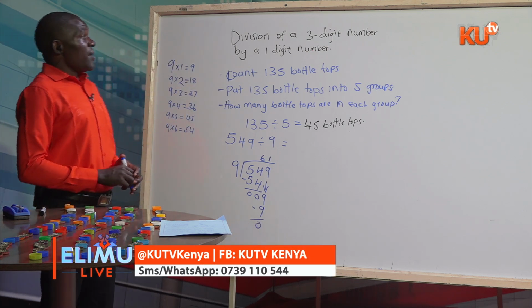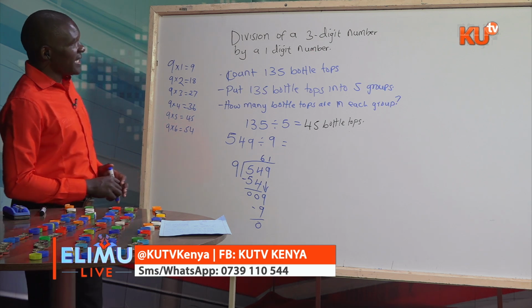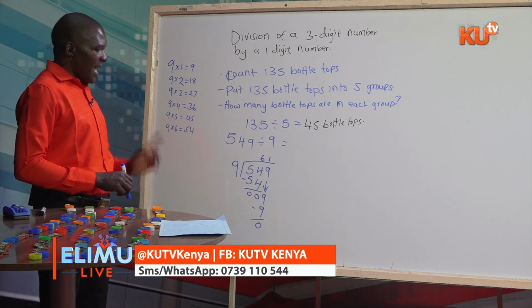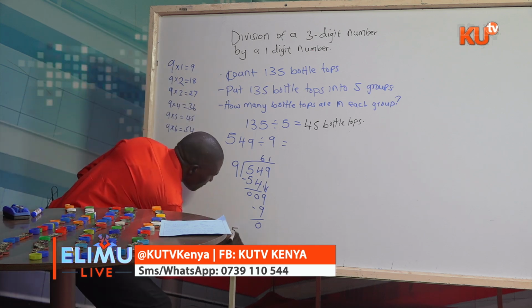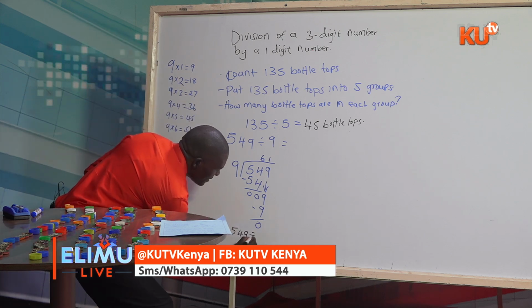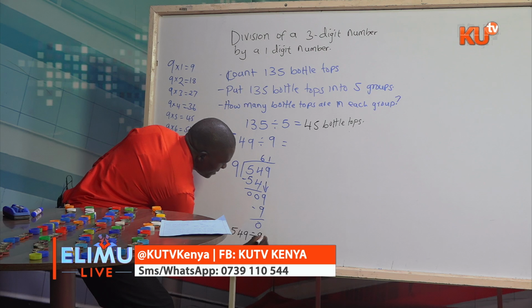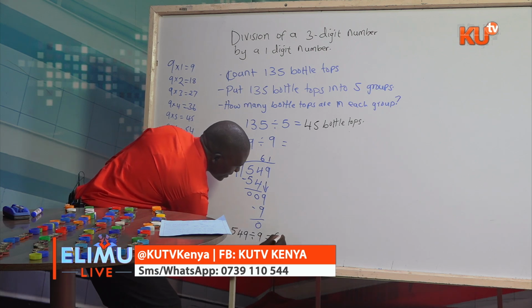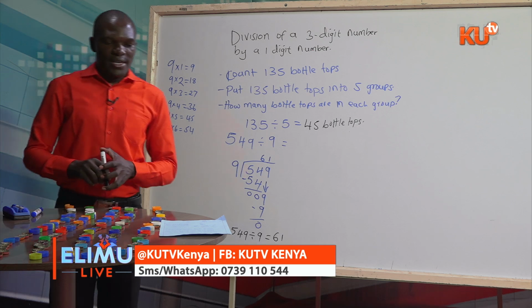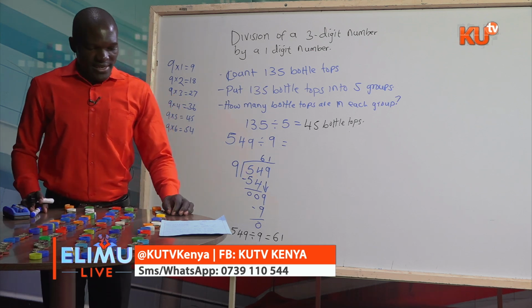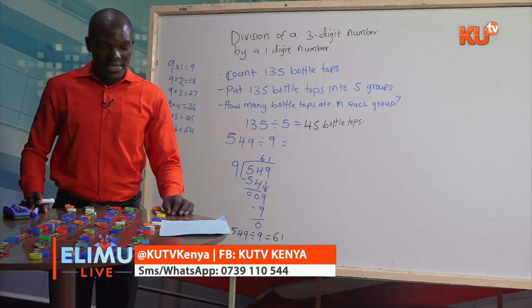Remember, we are dividing a 3-digit number by a 1-digit number. And our answer becomes 549 divided by 9 gives you 61. That is how you can divide a 3-digit number by a 1-digit number